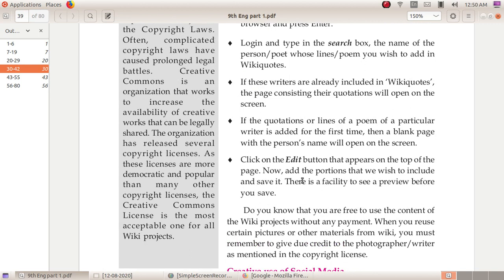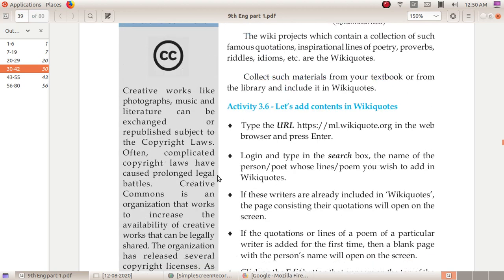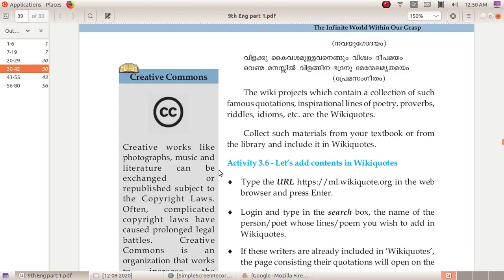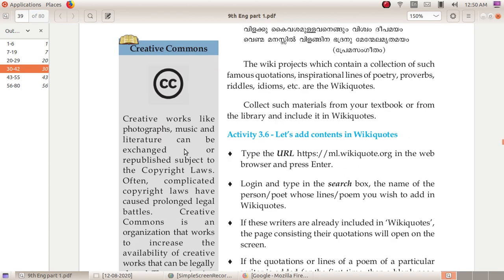Next is Creative Commons. Creative Commons is based on some rules. Creative works like photographs, music, and literature can be exchanged or republished subject to copyright laws. Copyright laws means പകർപ്പവകാശ നിയമം. Often complicated copyright laws have caused prolonged legal battles.